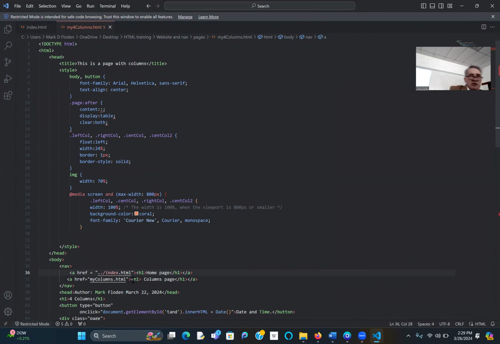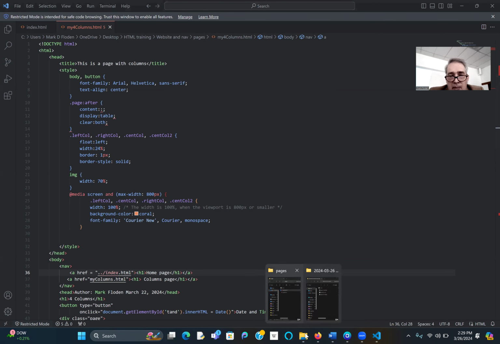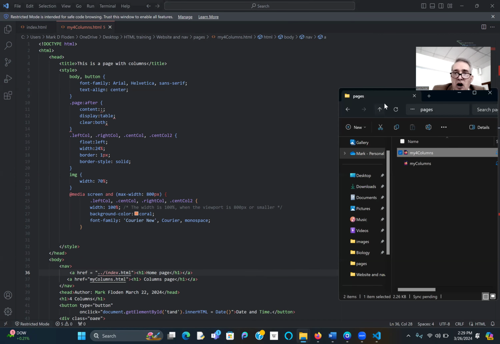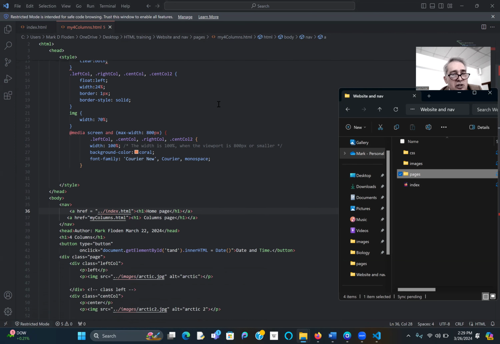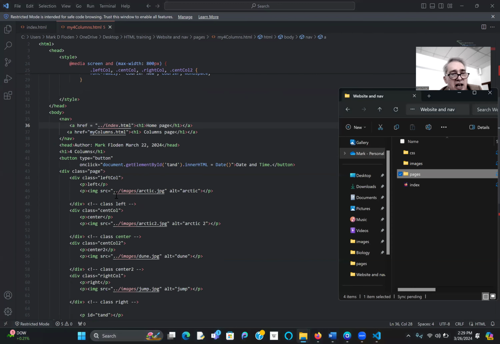Does that make sense? So if you look at the folder structure again, I can go up here to get to my parent folder. So ../ is the equivalent of going up, right? That says go to the parent folder. In the parent folder, you'll find the index.html file. That's what it's saying to do. Go to the parent folder and you'll find the file there. Now, I've got something similar to that when I get to my images. So the images, it says ../